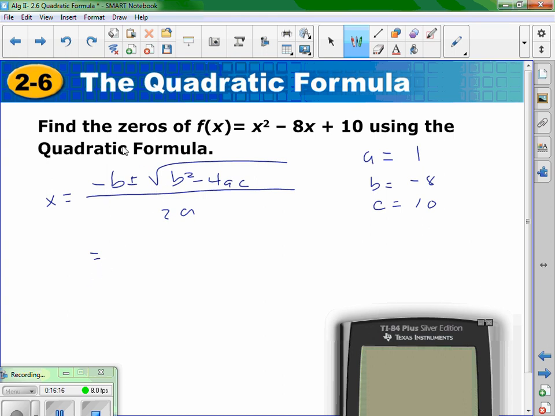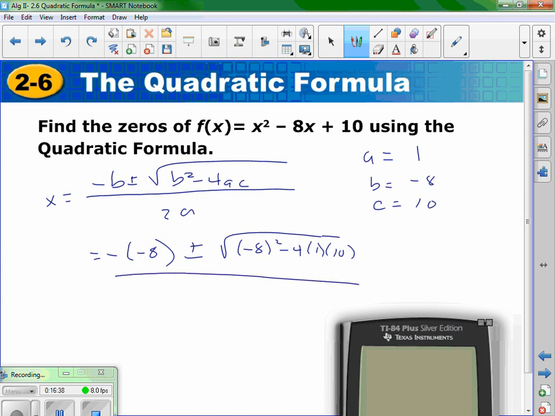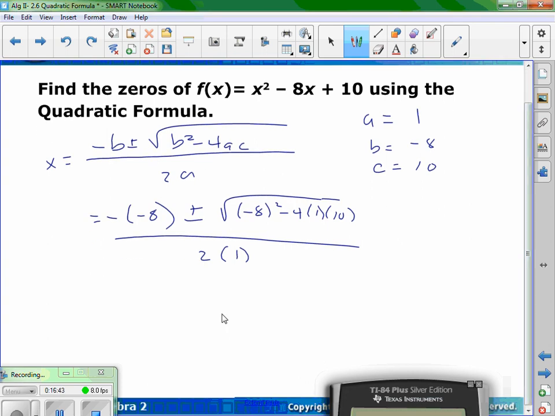But watch. This, no matter what, is always negative whatever B is. So it's negative whatever B is. So it's negative negative 8. Plus or minus square root negative 8 squared minus 4 times 1 times 10. This is where I saw the mistake. It's all over 2 times 1. What's negative negative 8? 8. Plus or minus the square root of